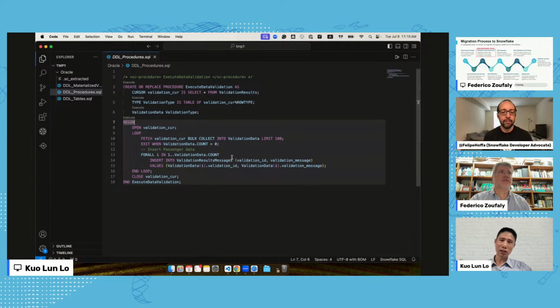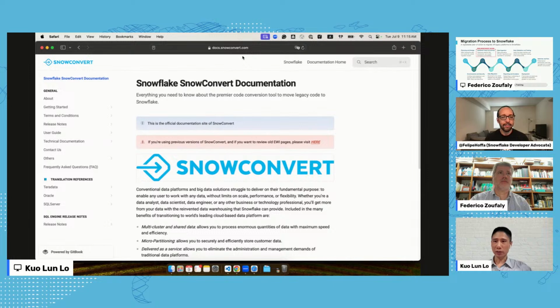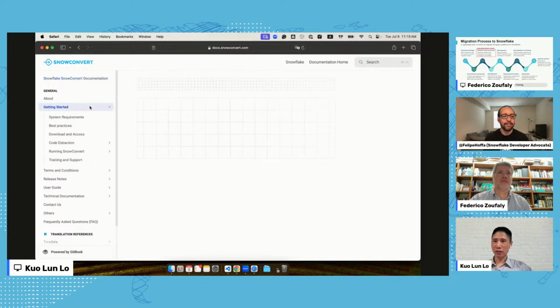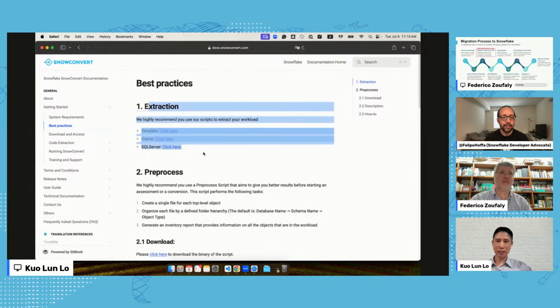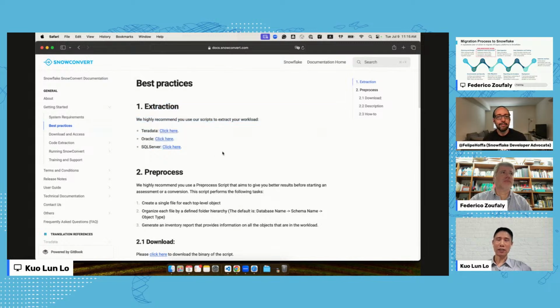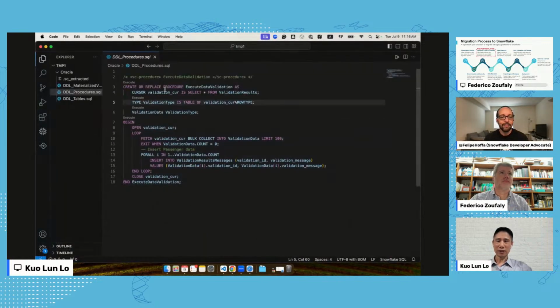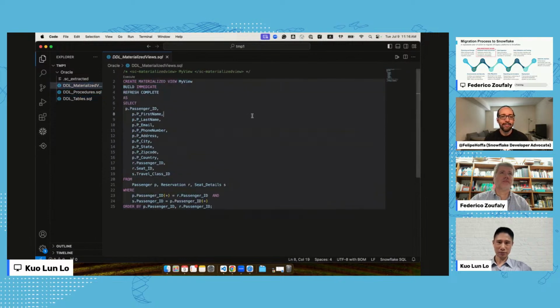If you want to download and use the extraction script, go to our documentation page, click on Getting Started, and in the Best Practices page you can get your extraction script. The extraction script will connect to the database and extract the DDL code. After it extracts the code, you will see something like this.